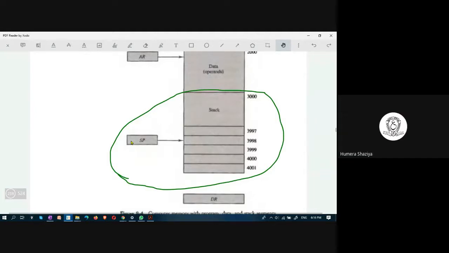Yes, very good observation. That's what I am intending you to understand, that nothing is fixed here. It is to show different alternatives for you. Now, when you try to understand the real computer system of Intel or of Apple, you may find differences, and then you will realize that, okay, this is possible, this is also possible.